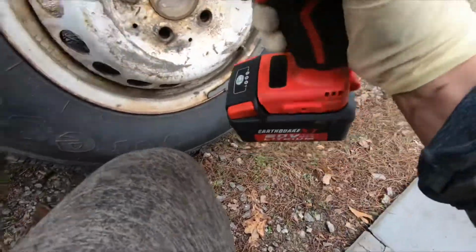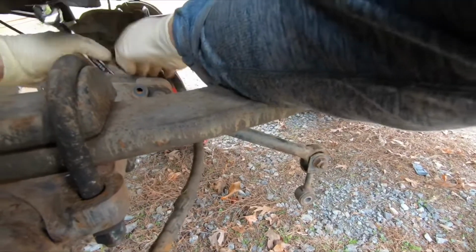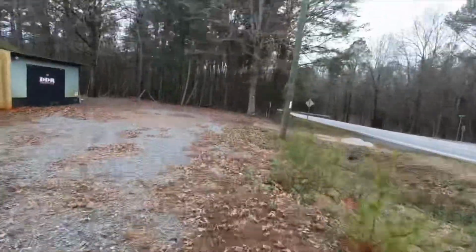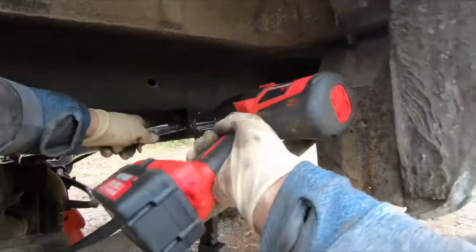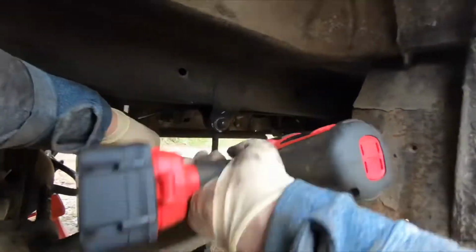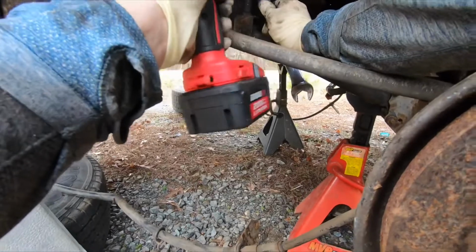So, that being said, guys, I have to remove this side of the tire now too, because I've got to remove the sway bar. It is a number 13 socket to remove it. Just a couple of bolts. It's not a big deal for you guys to remove it. So now I'm reattaching the sway bar, getting everything nice and tight, and I think I installed the sway bar, and when I install the shocks,